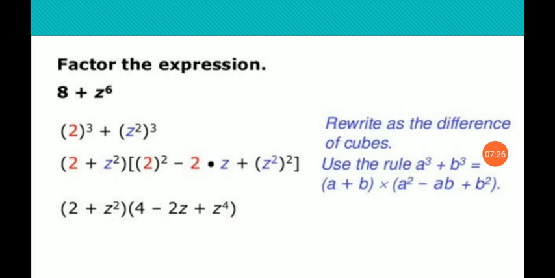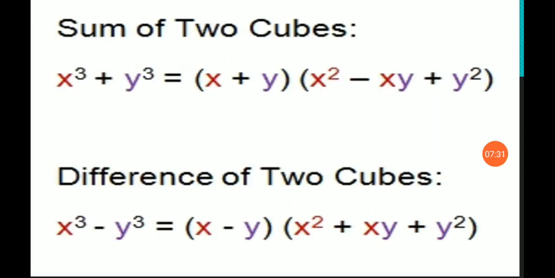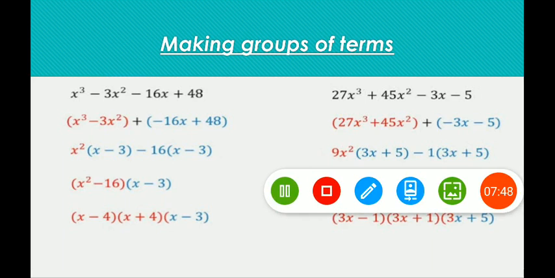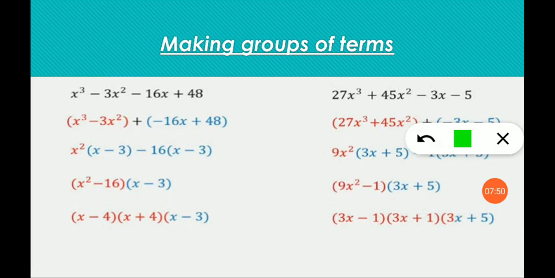If there is a negative sign between the two terms, we will apply the formula of x cube minus y cube, and if it is positive, then we can apply x cube plus y cube. Now this is the simplest way of making factors of any polynomial. This way is known as making groups of the terms. So we will make groups of those terms of the polynomial in which we can take out the common